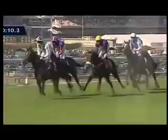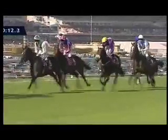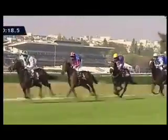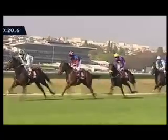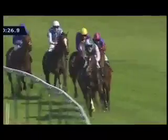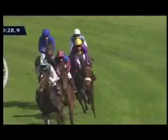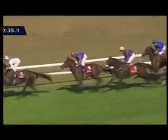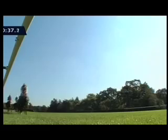It's an uphill run for the first part of this contest, and Elusive Kate in the white and green jacket is the first one to show in front. Leads to Fire Lily in second position. The purple jacket and yellow cap of Yellow Rosebud is sitting in third place, with Zantenda taking a little hold. The blue and white colour, she was perhaps the freest of them on the way to the start, and she's running up on the outside, and now in last position as Falls of Laura has just gone past her